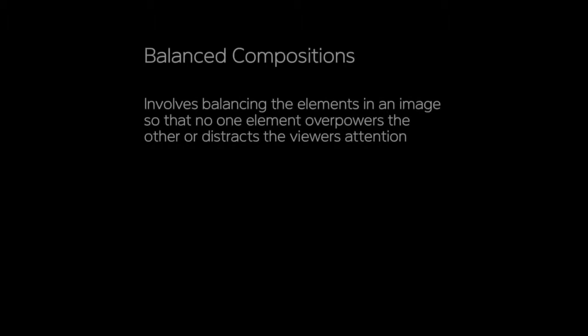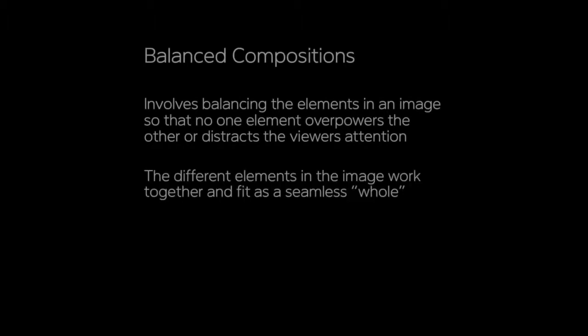Everything feels about right. The different elements in this image can work together and fit as a seamless whole. Okay, so you want all the elements and all the lights and darks and the weights and everything to be very complementary to one another,